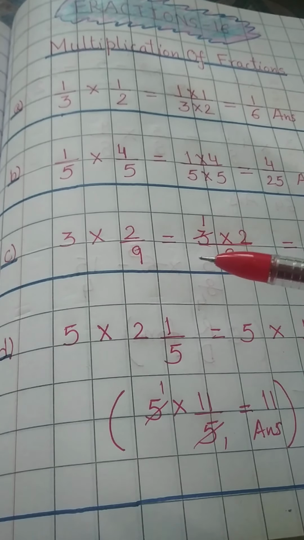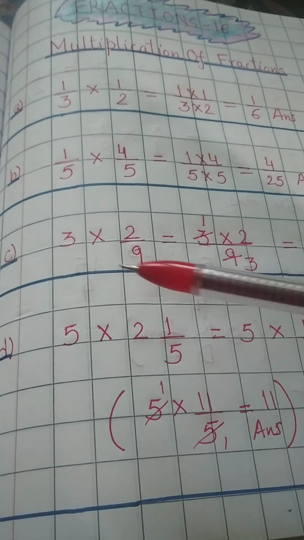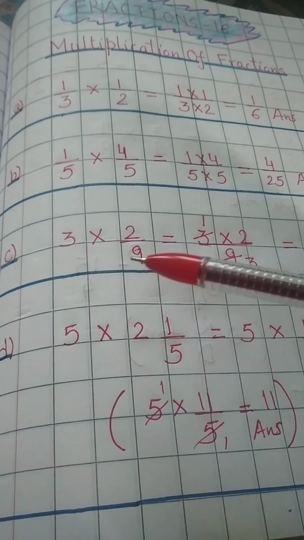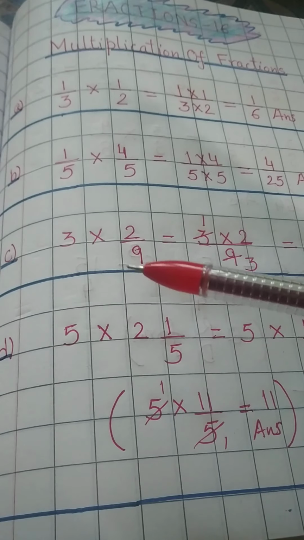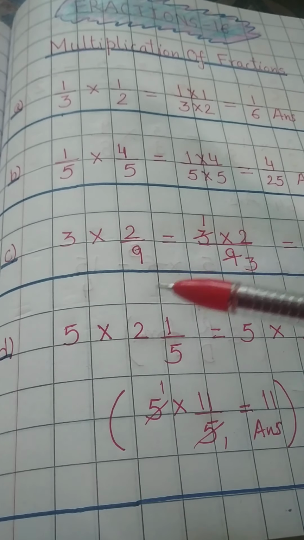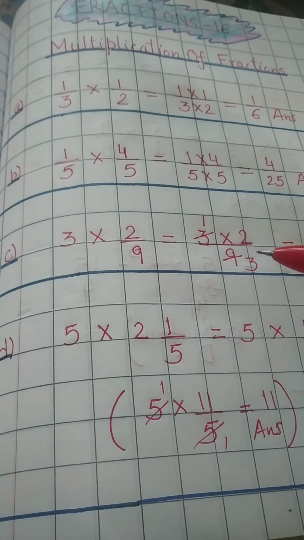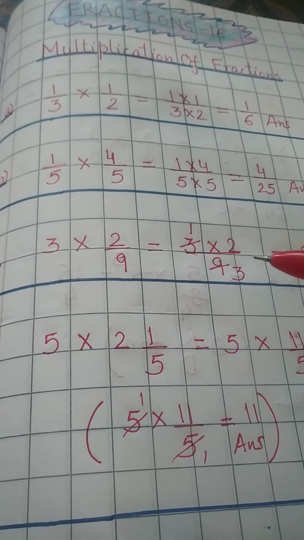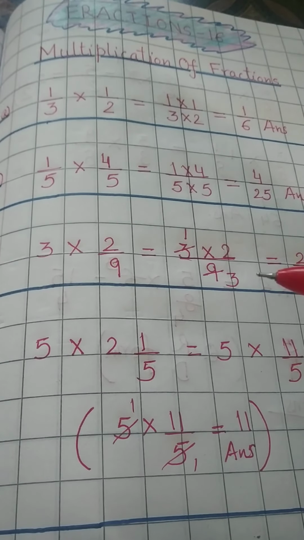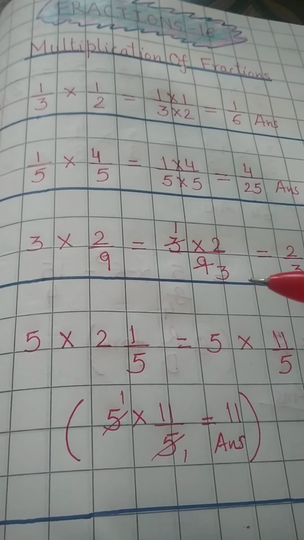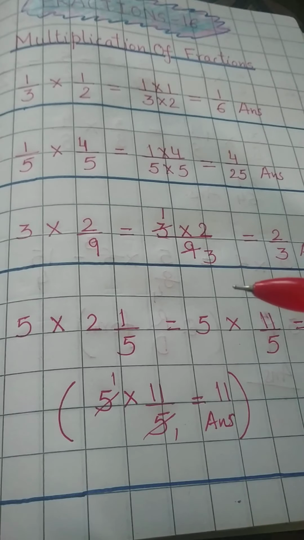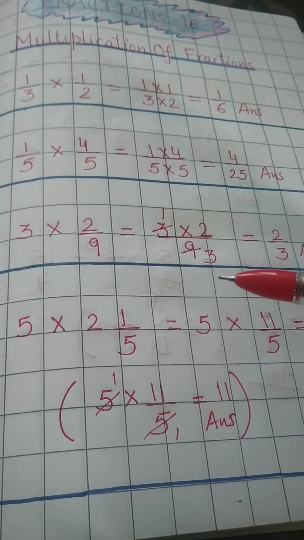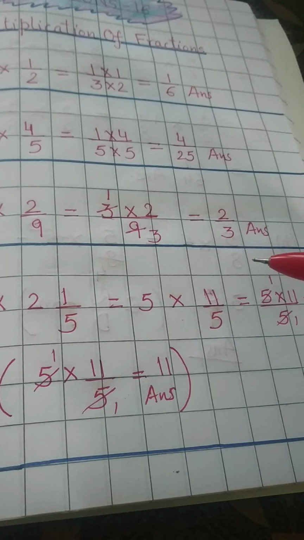So you will multiply 3 into 2 by 9, and you can also check if these two numbers, in cross, meaning one numerator and one denominator, are in the same table, then you can cancel them. So 3 ones are 3 and 3 threes are 9. Or, as I have told you earlier, you have to follow your school pattern as your teacher is instructing you and as you are understanding properly. It's your wish how to solve these. So I have cancelled it, 3 ones are 3 and 3 threes are 9. So the answer is 2 upon 3.